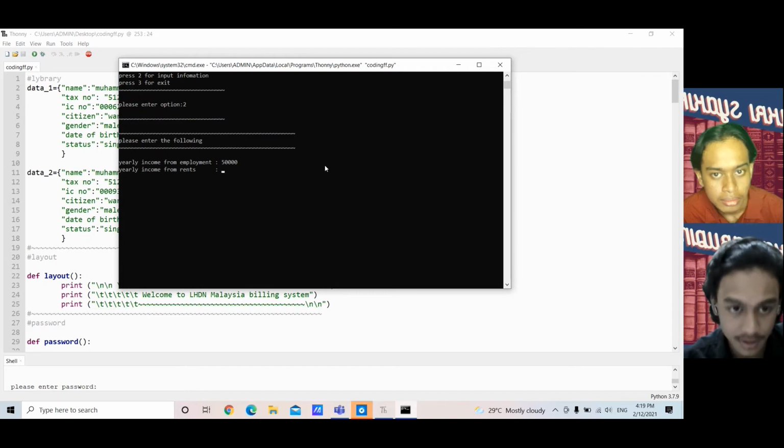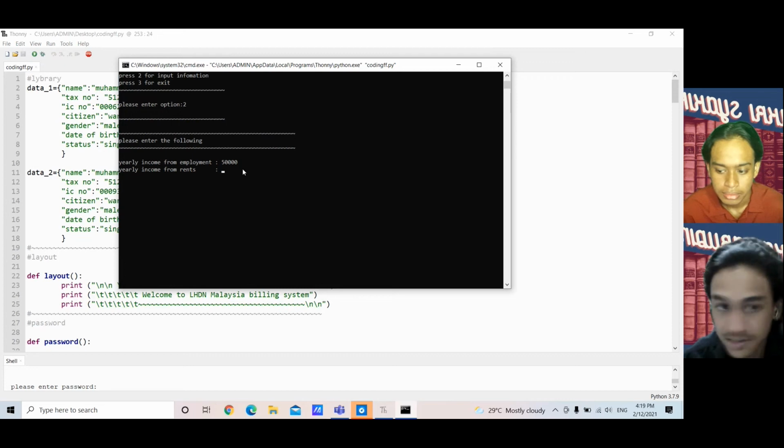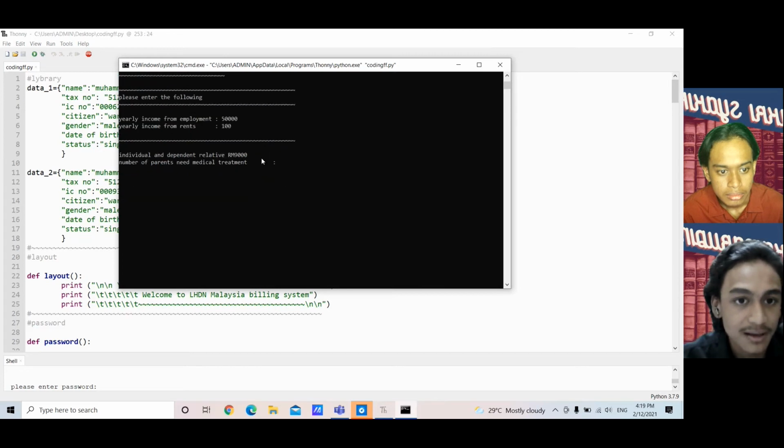And for the yearly income from the rents, I will just put 100. Okay, 100 in the rent. After that, my total relief will automatically kick in 9,000 because that is the individual and dependent relative total relief. After that, it will ask me for number of parents, so I would choose just 1.